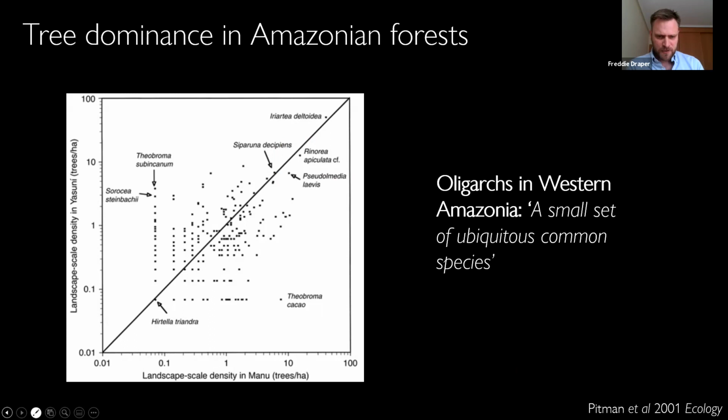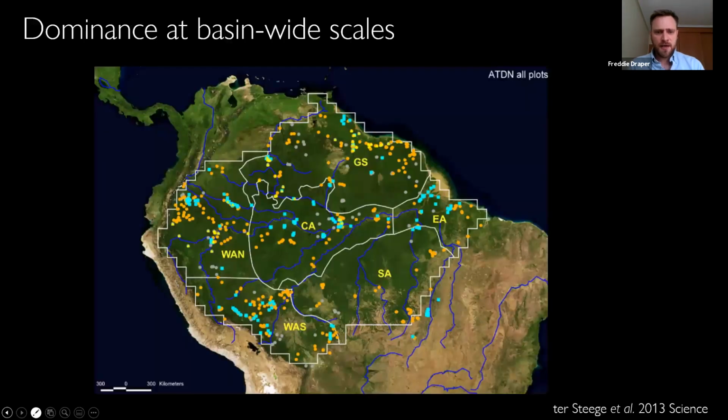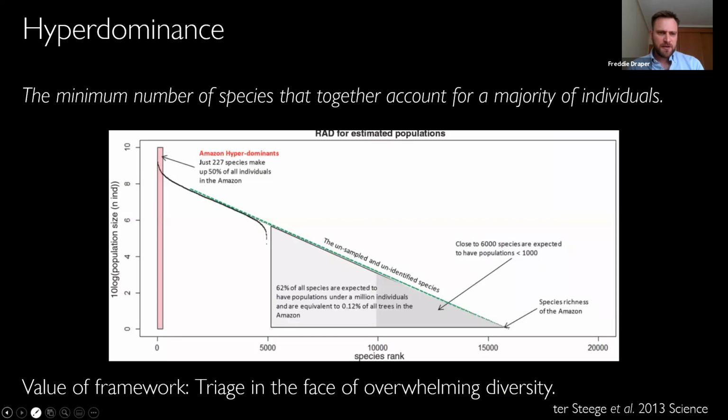And then various people carried these ideas forward, but in 2013, Hans ter Steege published this paper in Science, where he used this very large network of these 1 hectare plots, looking at all trees bigger than 10 centimeters in diameter. So there's over 1,000 plots. I think Hans presented some of this work in this seminar a few weeks ago. And using this really massive data set from across Amazonia, he showed a very similar pattern, which he termed hyperdominance,